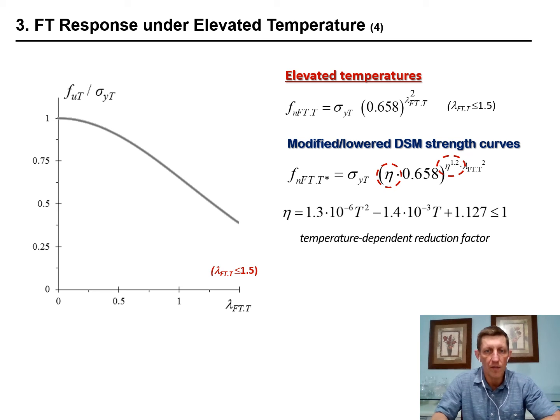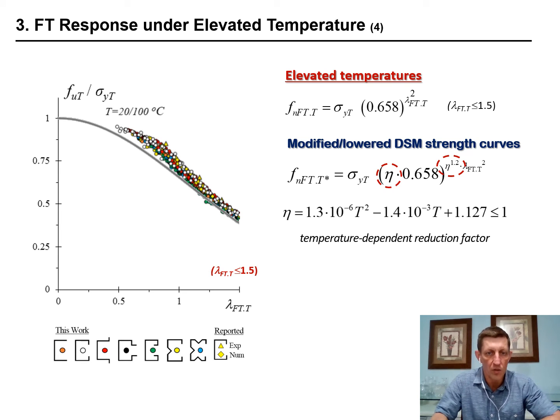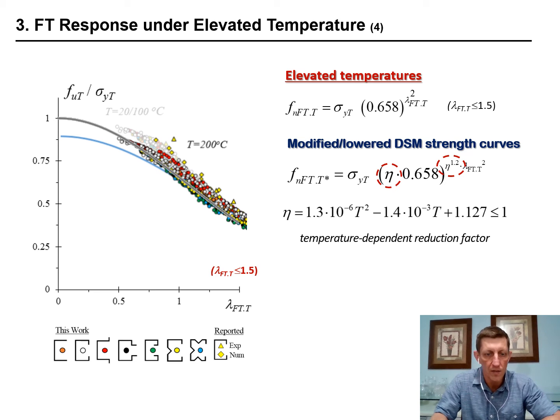And now let's see the comparison of the ultimate strength curve, for which there is no modification for room and moderate temperatures, with the failure loads. So these are the results for room and 100 degrees Celsius. As expected, it's okay. Now, adding the results for 200 degrees Celsius, one can see here the variation of the new curve proposed,